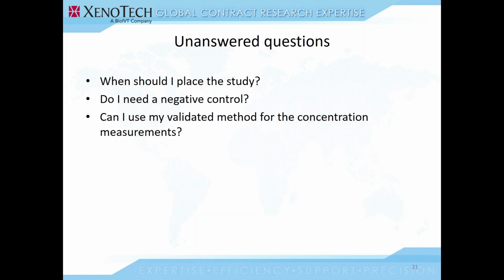We get this question very, very often. And unfortunately, the answer to that is no, we can't. And the reason is, usually a regulated BioA method is going to be for pretty low concentrations because we're talking about plasma exposure, and it's in the matrix plasma or some extract of plasma. Well, a method developed for that is very unlikely to also work for a high concentration range assay in an